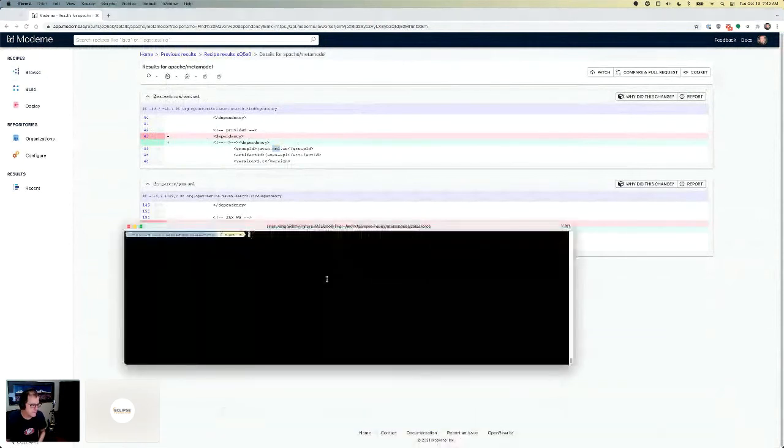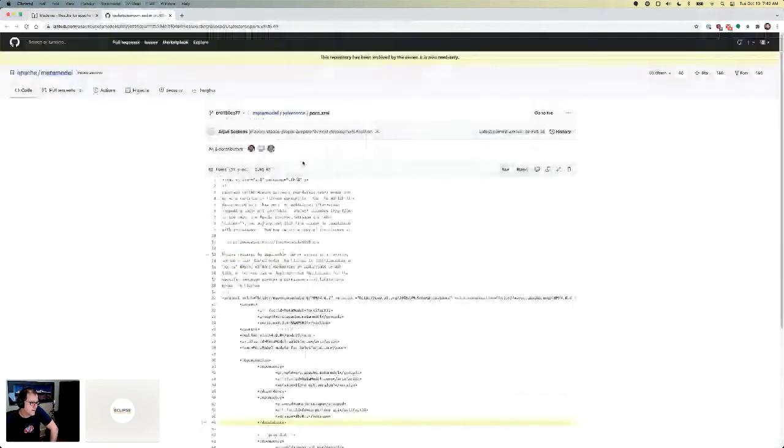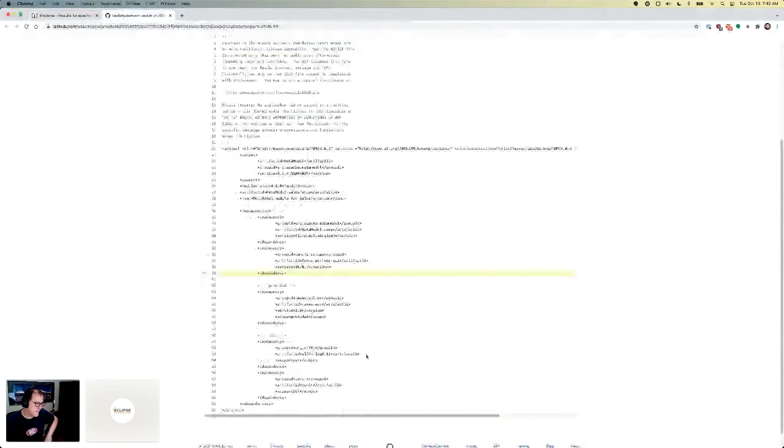All I've done here is I've just checked out this MetaModel project. So again, this is obviously just out there on GitHub. Not very exciting. There's the POM for Salesforce, and there it is. It's definitely using JAX-WS. Cool.